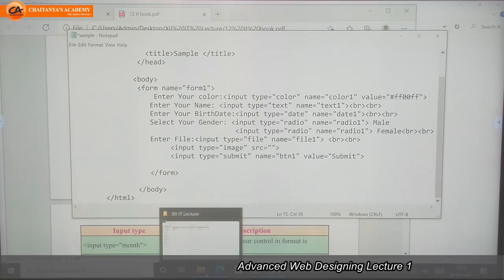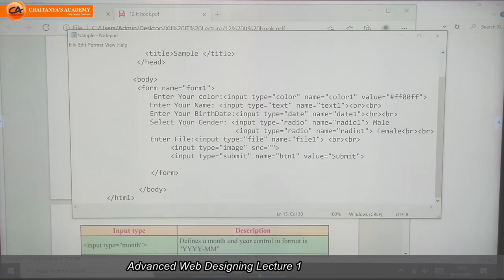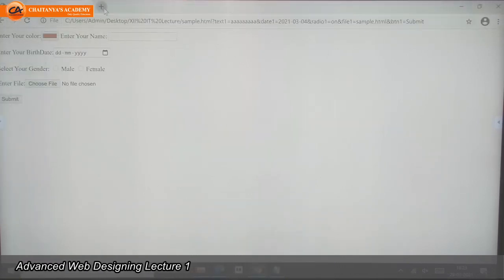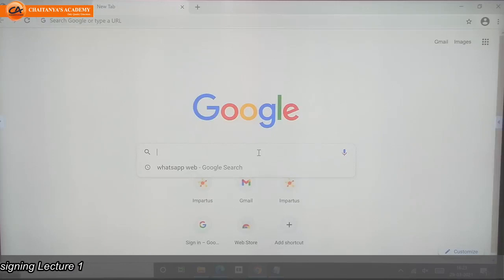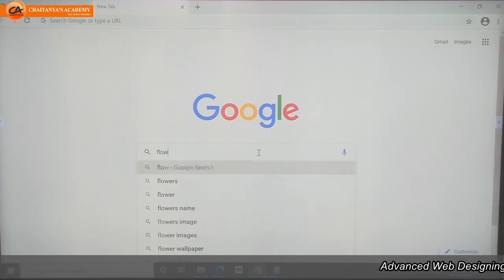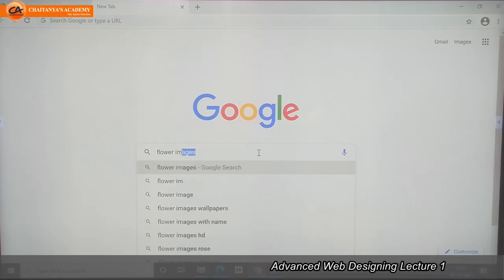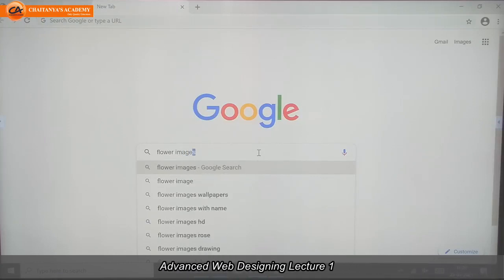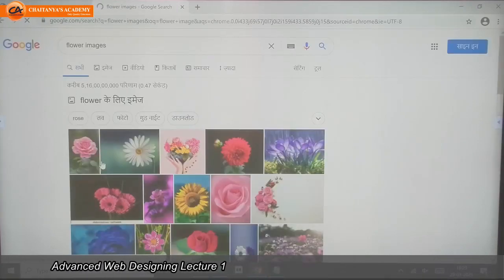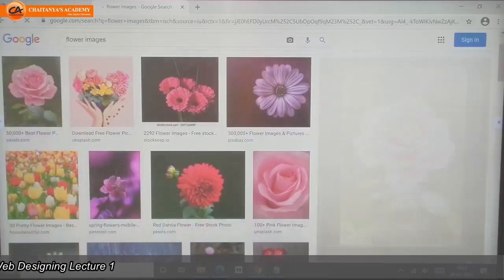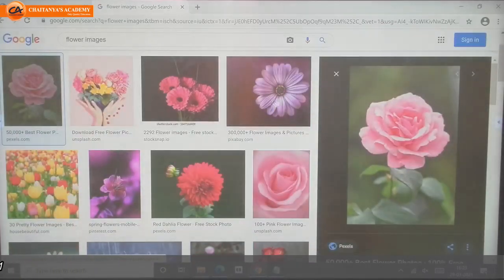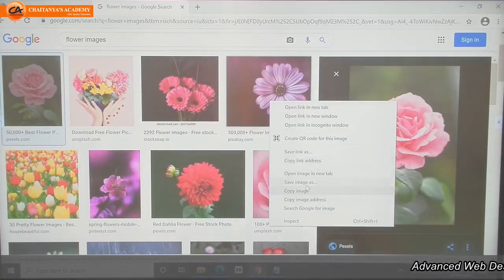If you have an image saved here. I don't have any image right now. So what I will do, I can download any image from here. Flower image. I would like to save this image.